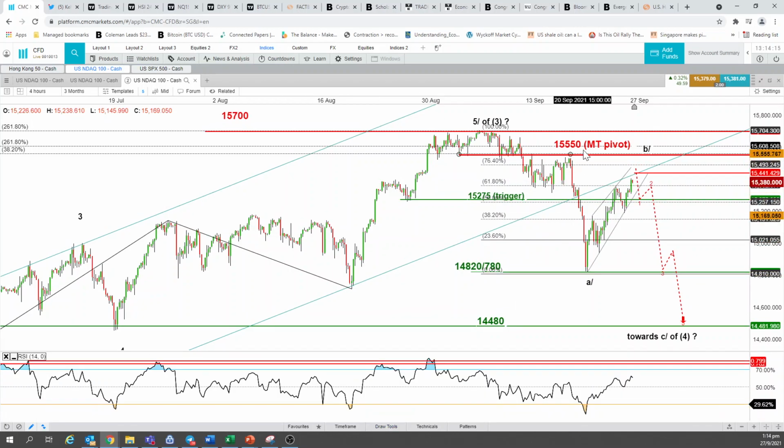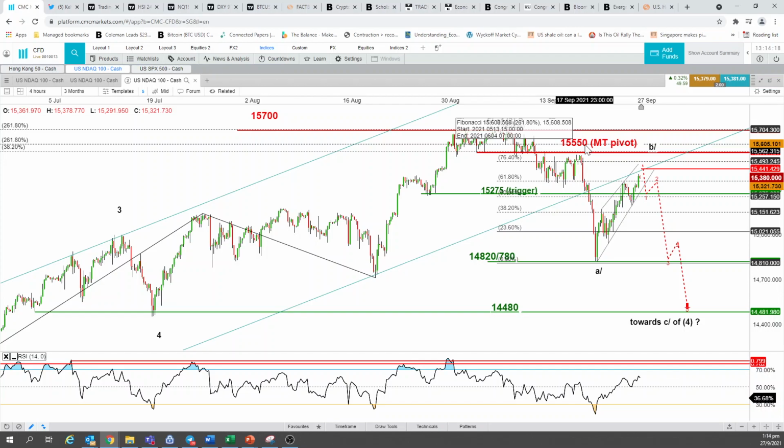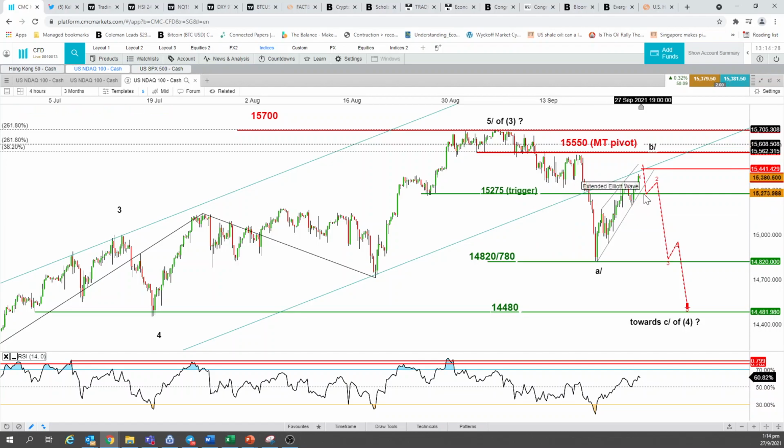So as long as this level holds at a daily close above 15,550, a break below the ascending wedge support level, which is at 15,275, will reinforce another potential corrective down leg to retest last Monday's low, which is at